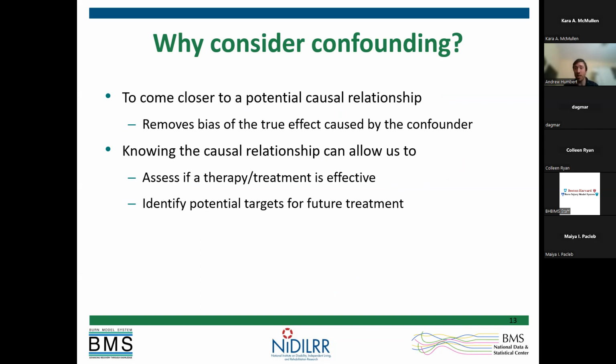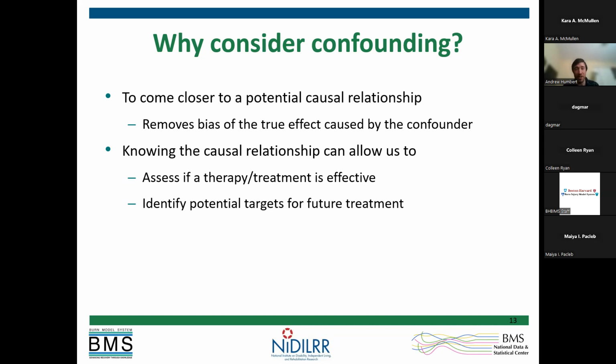We really want to hone in on the actual effect of some predictor on the outcome, and we want to remove any potential bias in that estimate. These confounders, if we don't include them in our model, could lead to biased estimates of what that association looks like. It could look like there's an association there when there really isn't, or conversely, it might look like there's not an association when there really is. By accounting for that confounder, we're able to see what the true relationship actually is between the predictor of interest and the outcome we're looking for.